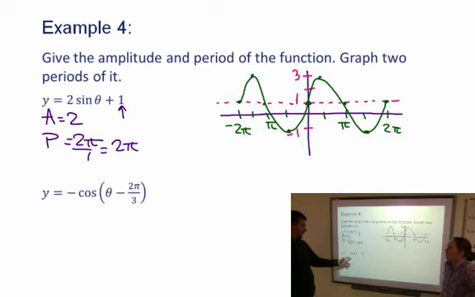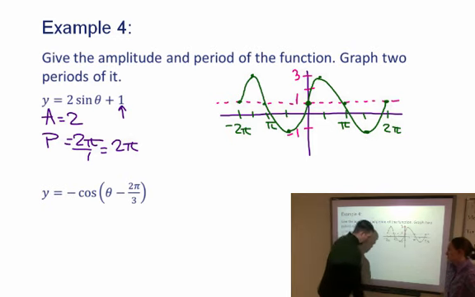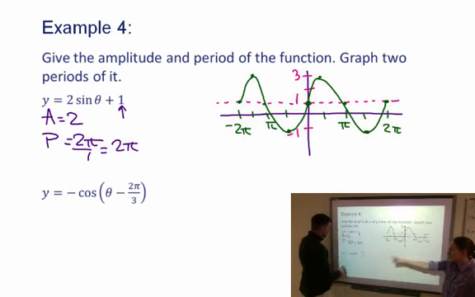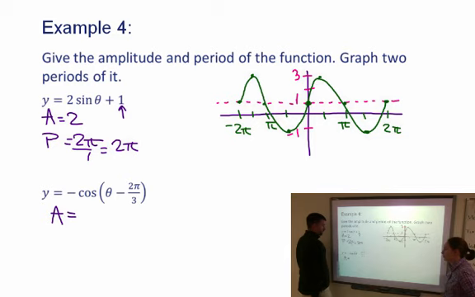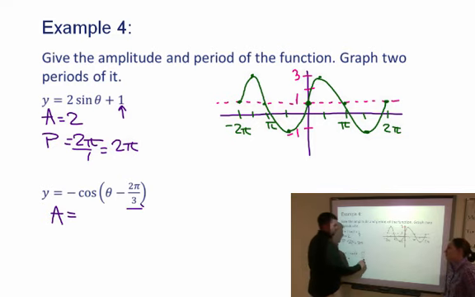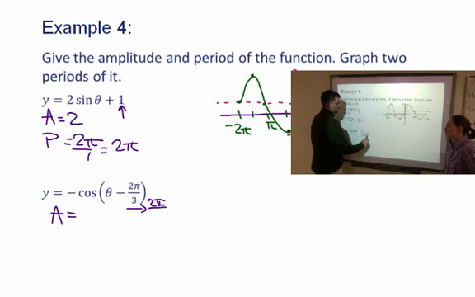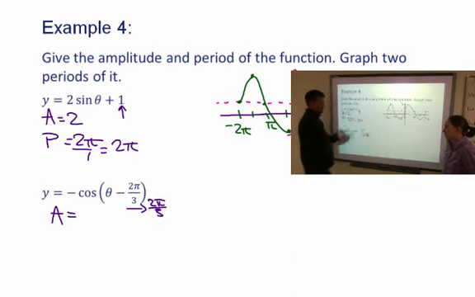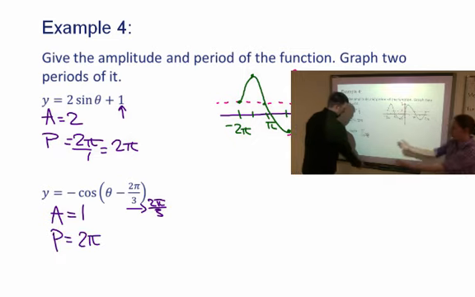Now this one's a little bit more tricky down here. We've got some issues, but not bad issues, just unique. First off, what does that even mean? -2 pi over 3? That means that we're going to have an actual movement to the right of 2 pi over 3 units, because it's the super secret opposite side. Yes. All right, so the amplitude is +1, the period is 2 pi, but we're moving everything to